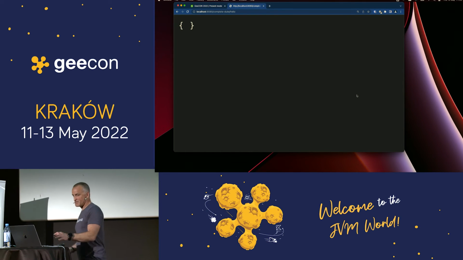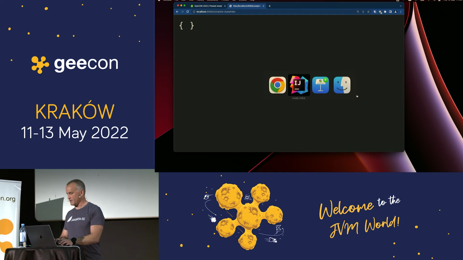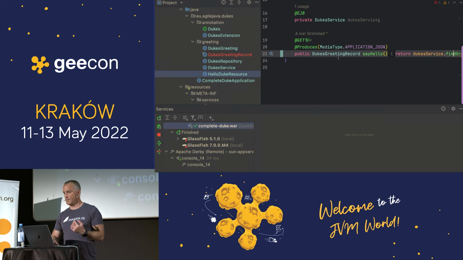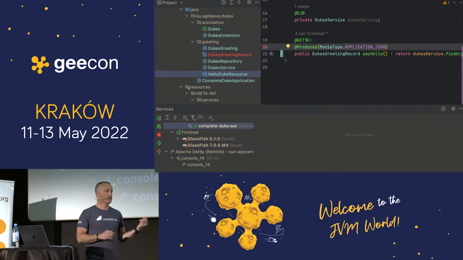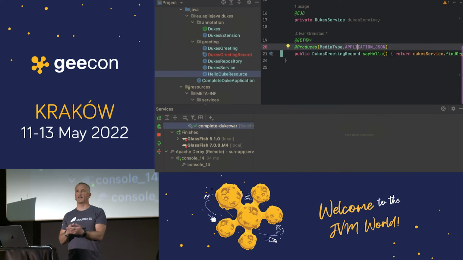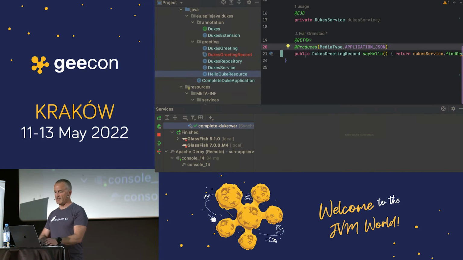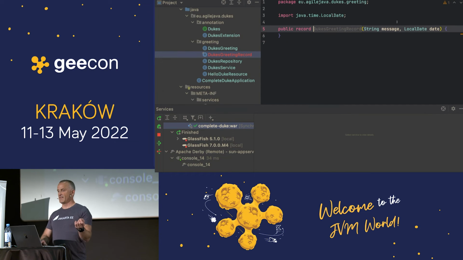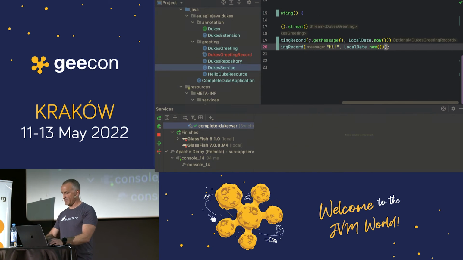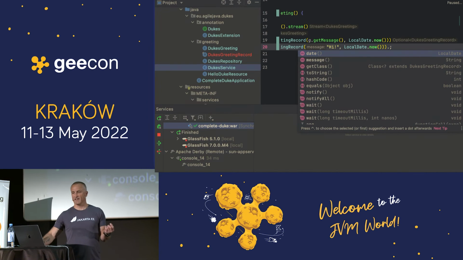Well, there is a secret, or it's not a secret, but the JSON binding that is used here to do the mapping from the Duke's greeting record to the JSON string relies on the Java Beans properties. And Java Beans expect a getter. And a record doesn't necessarily have a getter, because the properties here, if we look at it, are called date and message.